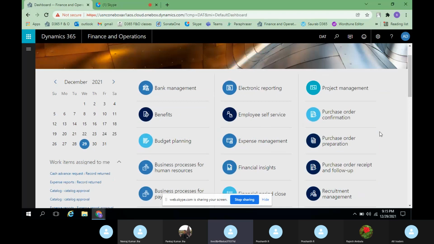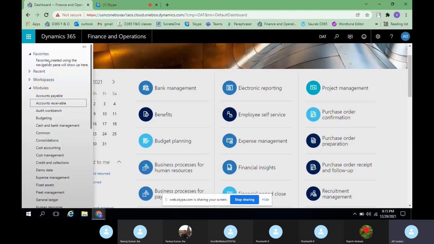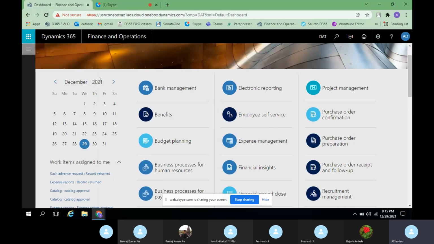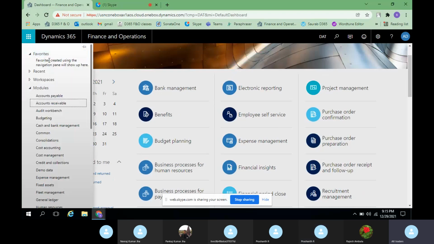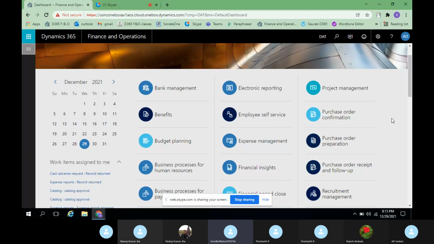And one more thing here is bookmark. There is one more thing called favorite, right? Even favorites you can keep, but instead of that, you can keep this as a workspace. This is easy compared to the favorites. The favorites also you can keep, that's not a problem. This is also one alternate way for the end users.